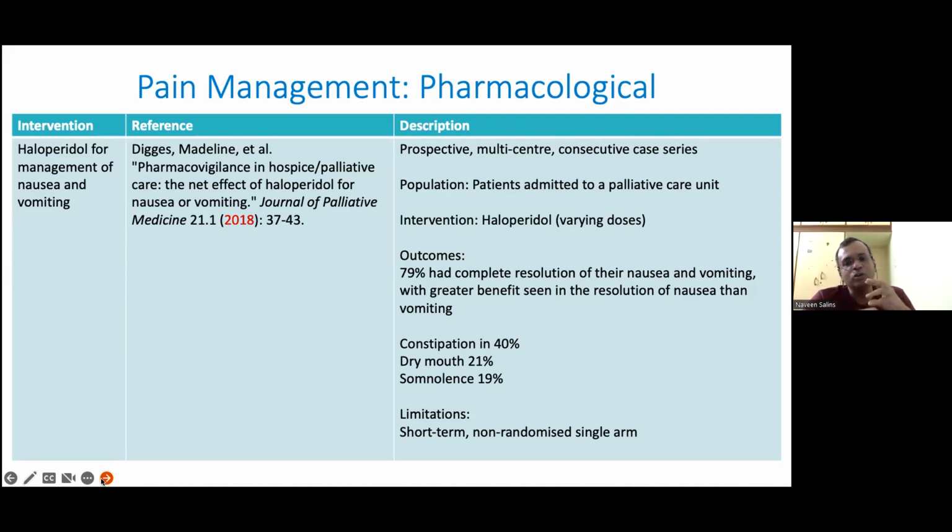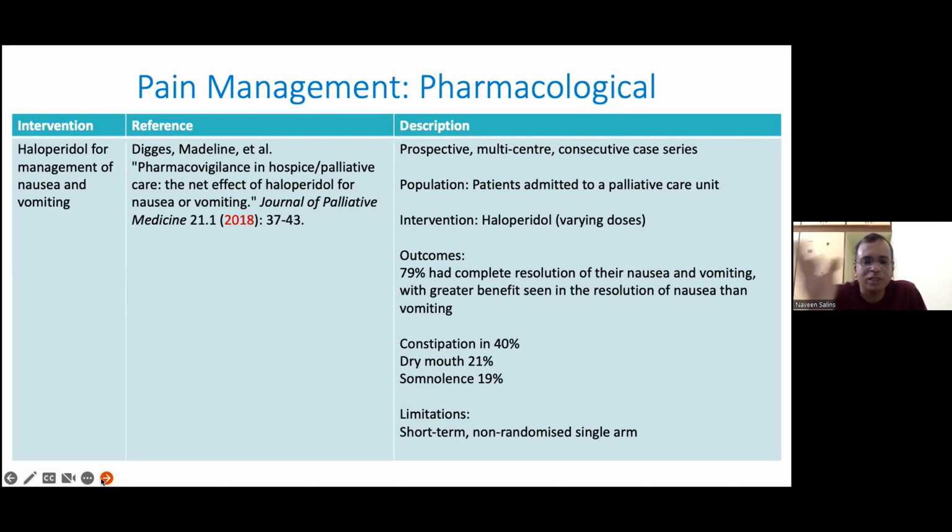79% had good or complete resolution of nausea and vomiting, which is an excellent thing. Haloperidol is a very cost-effective drug. So in a patient with refractory vomiting, it worked very well. The only downside was that 40% of them had constipation, 21% had dry mouth, and 19% of them had increased drowsiness. However, it was used mainly as a short-term agent, and it was a non-randomized